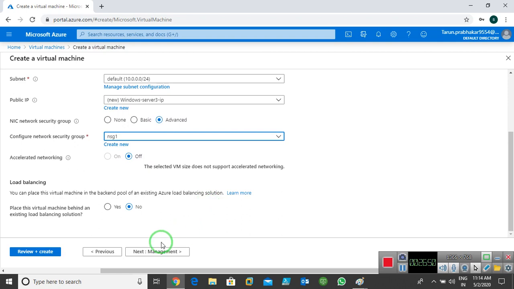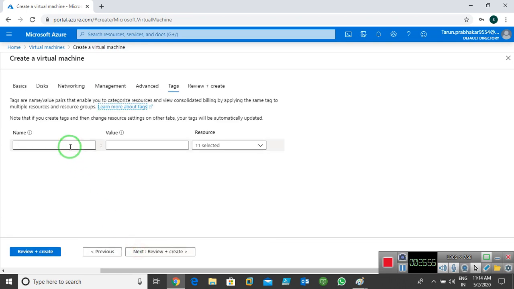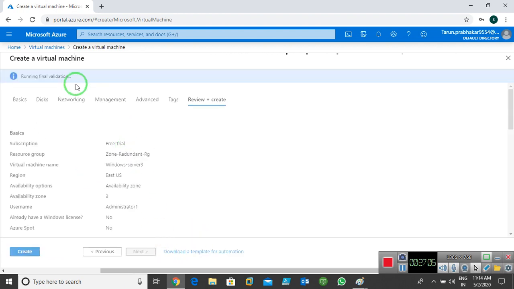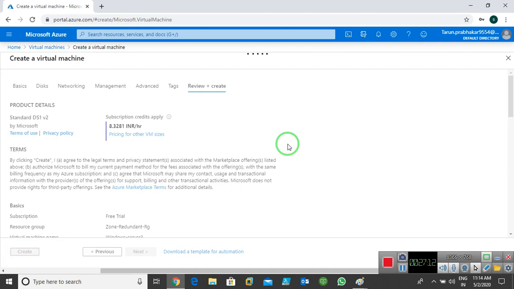Click on next. I don't want any management options right now. Click on next. Give tag name. Roles. Next. Now the validation is running. Validation passed. Click on create. So now I'm going to create virtual machine 3.